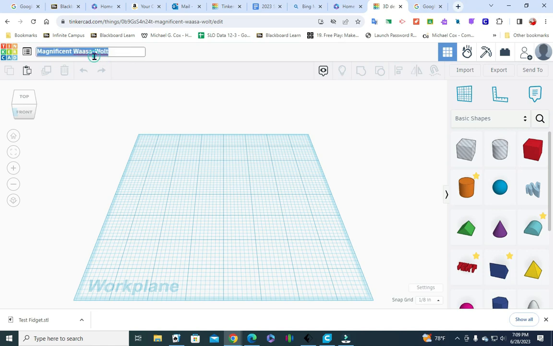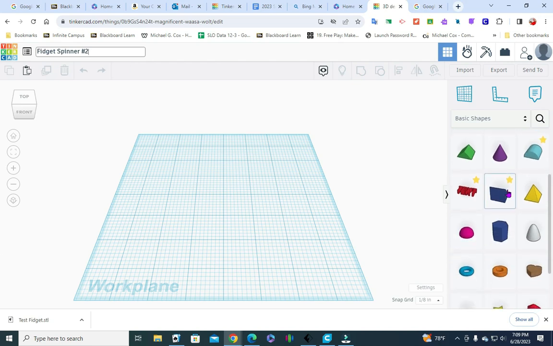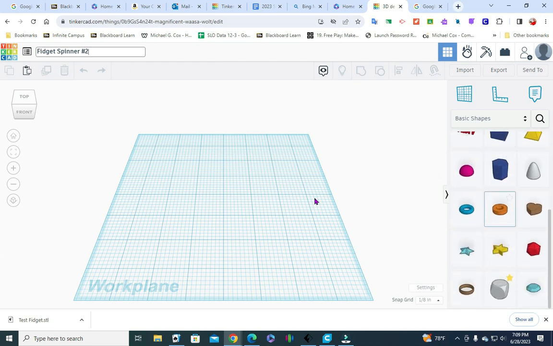We are going to give it a name. So let's give it Fidget Spinner, and I'll put number 2. You can put whatever you want, but I always like naming my files so I have an idea of what I've created. So first part we're going to pull out this star,